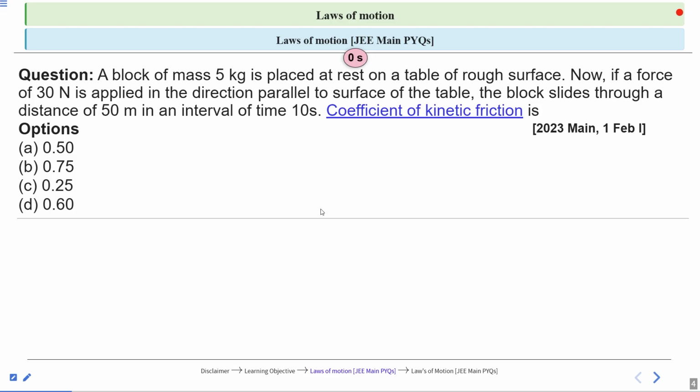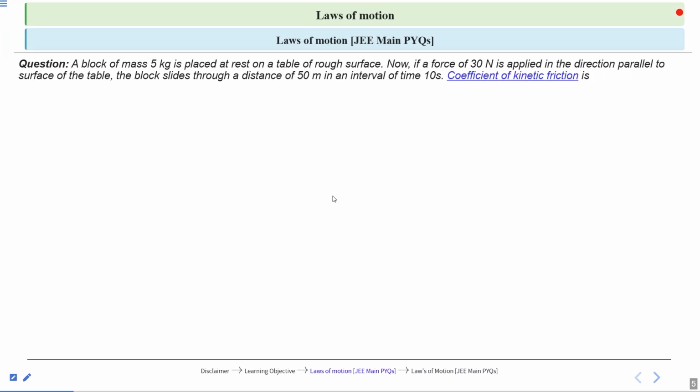Let's see the solution of this question. So the correct option is A. The coefficient of kinetic friction is 0.50. Solution: